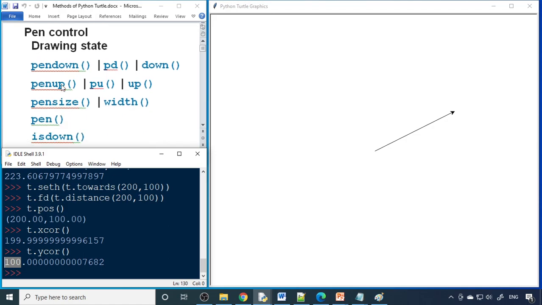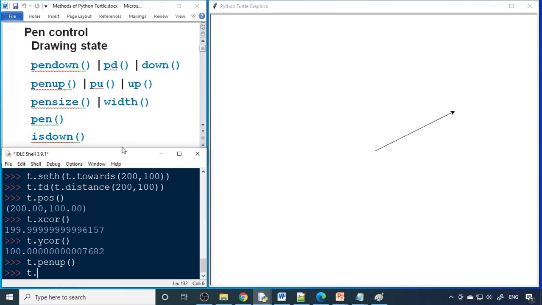So next is the pen down, pen up, pen size, pen is down. Okay. So now here I want to bring the cursor over here and then I want to draw a line here. So to bring the cursor here, we don't want to draw a line. So therefore you can say t dot pen up, don't write.